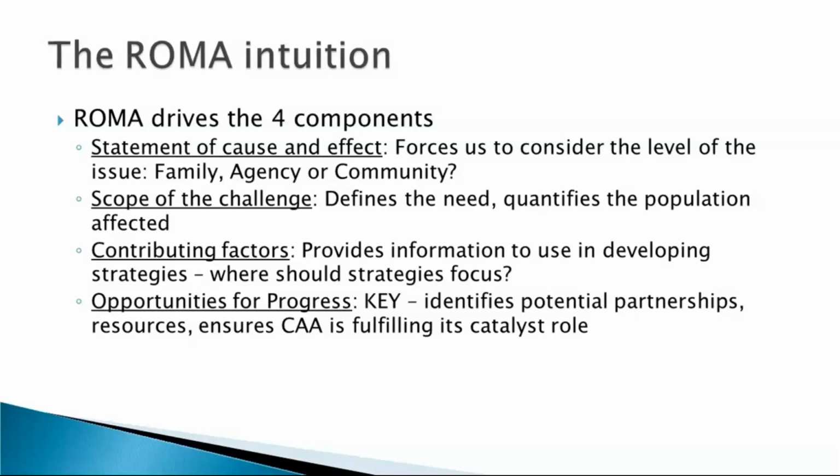So that's sort of the ROMA intuition behind the cause and effect statement. In terms of the scope of the challenge, if you think of your logic model, this is the area where you're defining the need and quantifying the population that's affected. Because if community action is going to be a problem solver, and we want to be able to measure the progress that we're making, then we need to have a baseline that says, what's the scope of the problem in the first place? So, in a perfect world, you'd have a logic model where your community needs assessment says, X